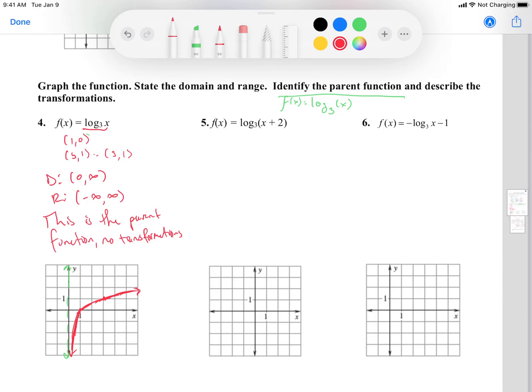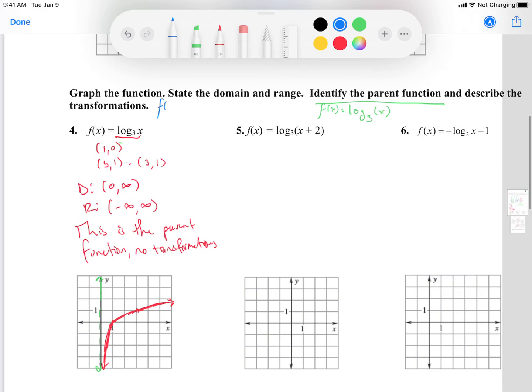Now let's look at number 5. What I'm going to have to do here is look at the transformations first. So for x plus 2, remember that my transformations, f of x is equal to a times log base b of x minus h plus k. Looking at this, we have h, which is equal to negative 2, meaning that we're going to take the parent function and shift it